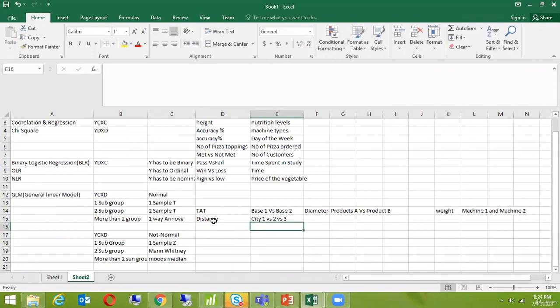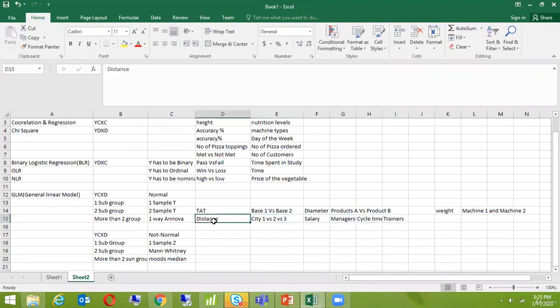Remember, in one-way ANOVA, it has to have more than 2 subgroups. So it can have 3 till whatever you can think of. Let me share some real examples: salary versus managers, cycle time versus trainers. All these can be examples.